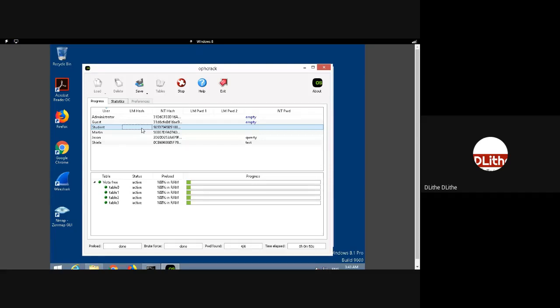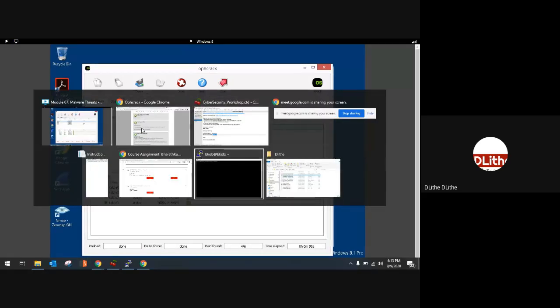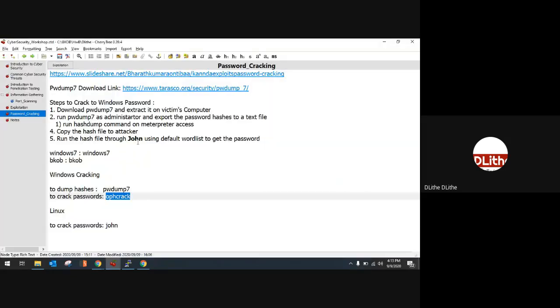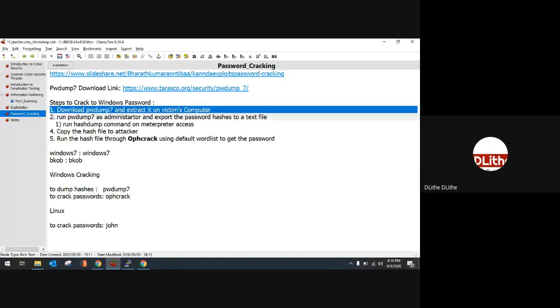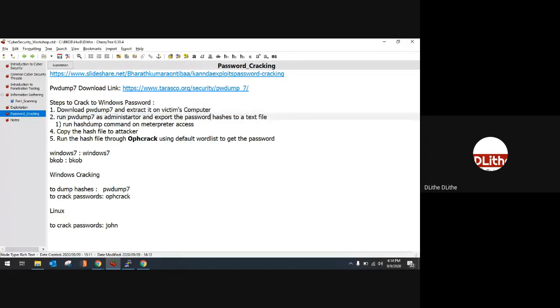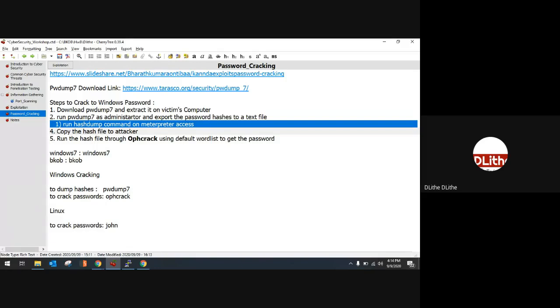So this is one of the simple ways how you can crack Windows system passwords. The process, let me again recall, would be exactly the same as we discussed. Only thing is we are using OPH crack instead of John. You need to dump the password hash on the victim's computer. While dumping, you can either dump it via pwdump, or if you've already got Metasploit access, you can also use hashdump to do that.